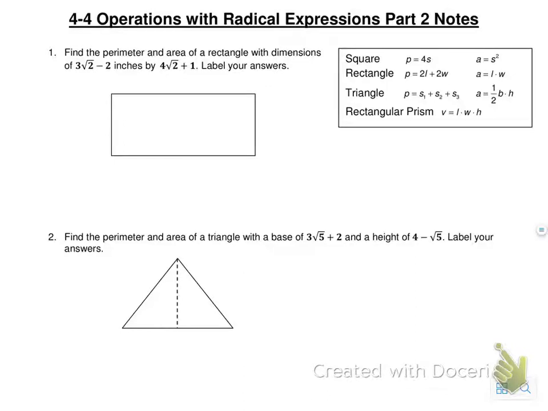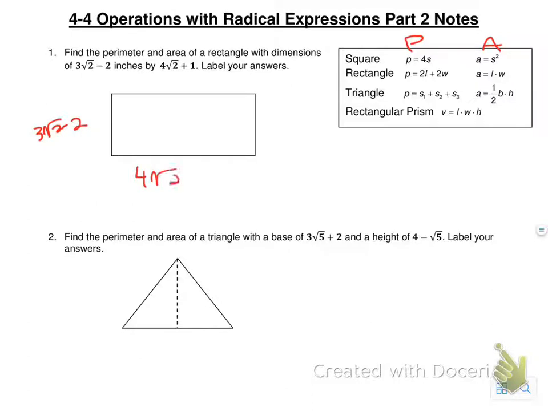Okay, in part 2 of operations with radical expressions, we are still going to be doing radical expressions, but just in the context of some geometry. So we have some perimeter equations and some area equations, and we're going to be finding perimeter and area, but in terms of radicals. So first I have 3 root 2 minus 2 as one of the dimensions, and